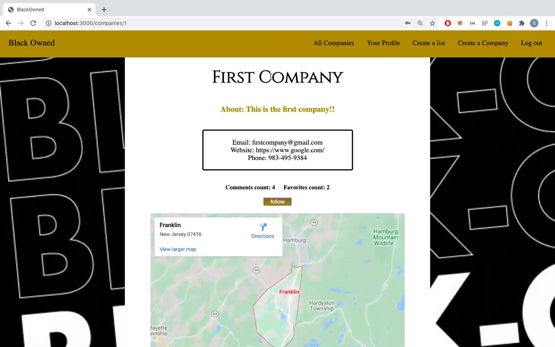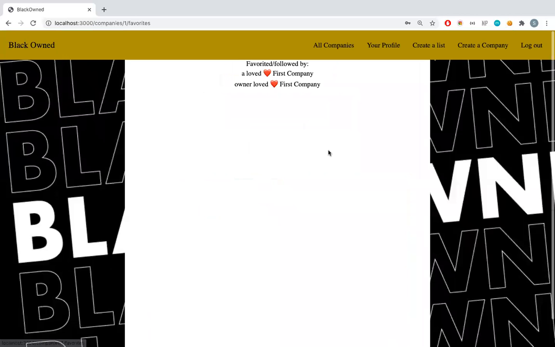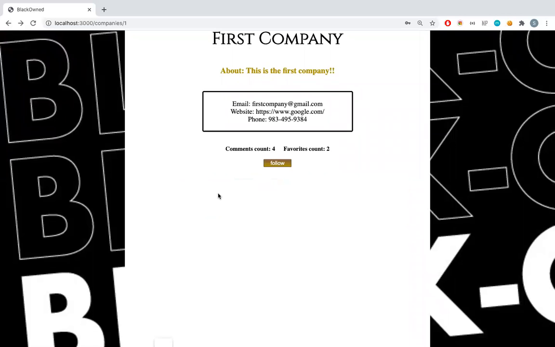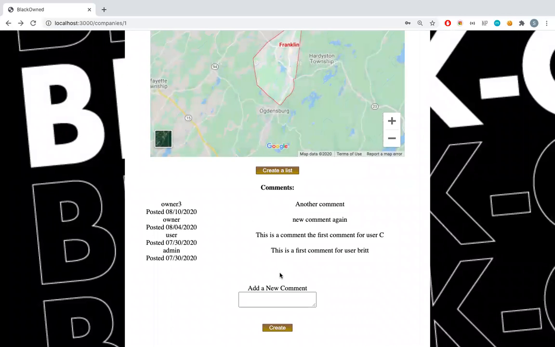So first company, about this company, you have their email address, their website. They have 2 followers, and I have a show page for that. So you can see who follows this company or loves this company. And then you can see the most recent comments. It only shows up to 5 comments at a time. So if I add a comment, hey, another comment, create,